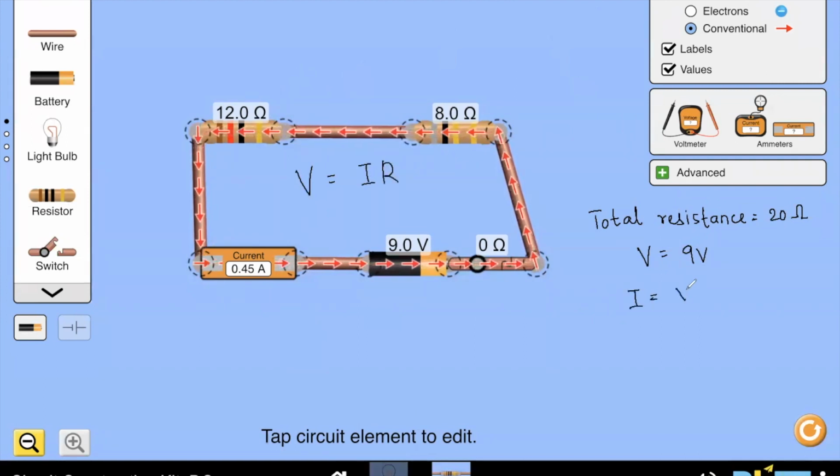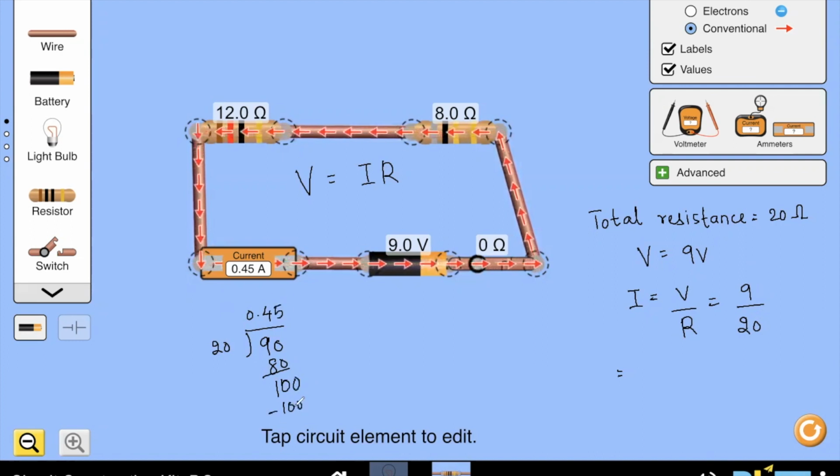So I is V by R. V is 9. The value of resistance is 20. And when you divide 9 by 20, you will get 0.45 amperes as an answer. So this explains how the value of current that is flowing in this circuit is 0.45